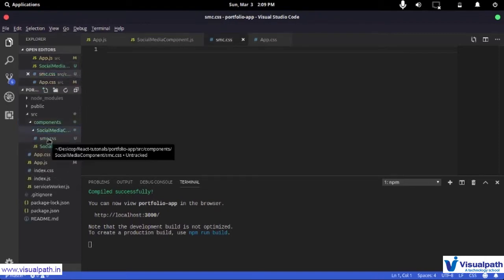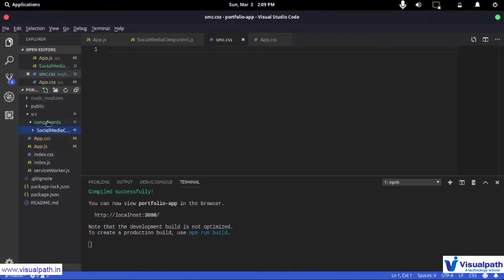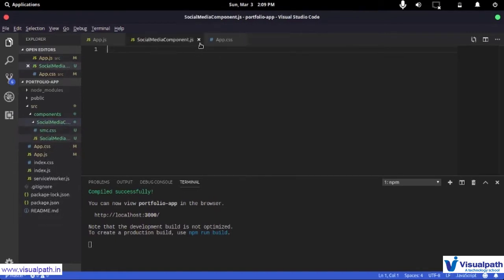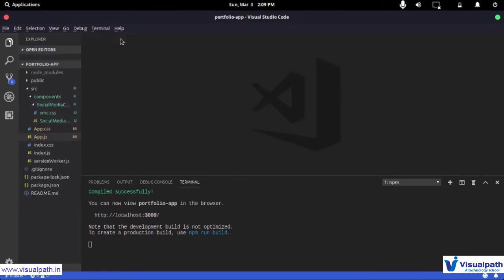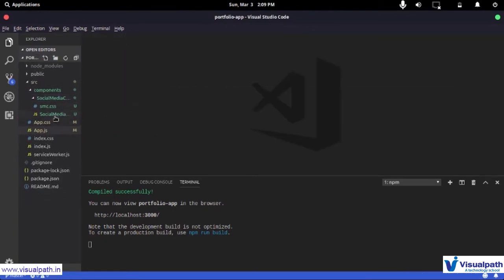And I don't actually have a preference for naming your CSS, but what I personally think is a good practice is inside your components, if you have a component, say social media component, and you create two files called social media component and its CSS, then you can use your functional components and style them right where they are, so that your CSS and your UI stays together and they are in an intact unit that's called social media component.